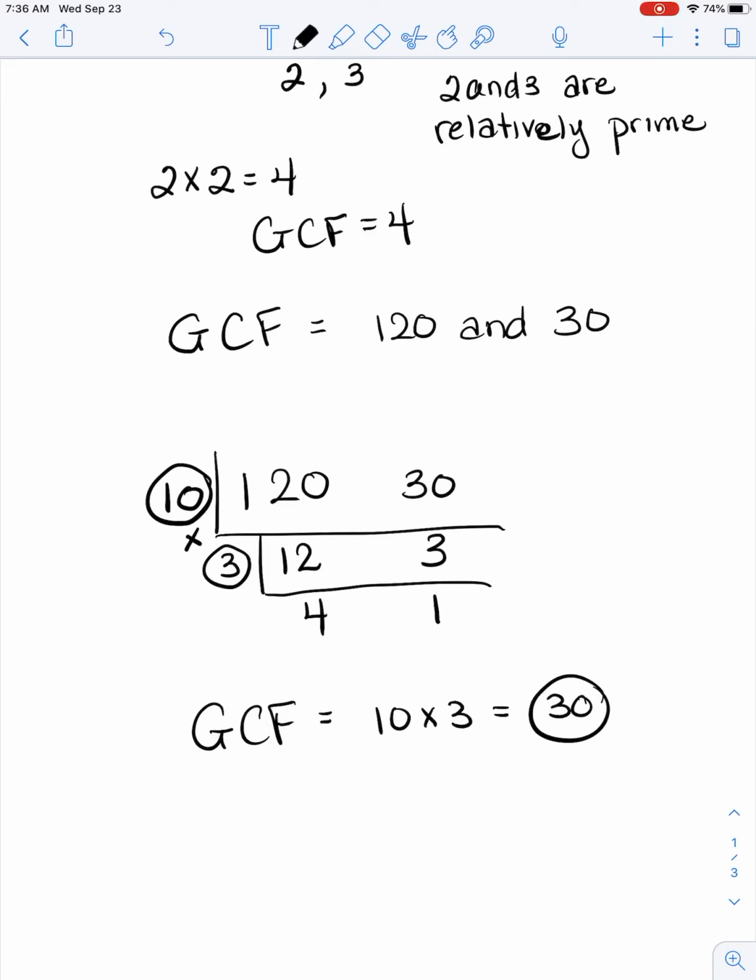and 30 times what is 120? I think it's times 4. Okay, so 30 times 4 is 120. 30 times 1 is 30. And so the GCF of 120 and 30 is